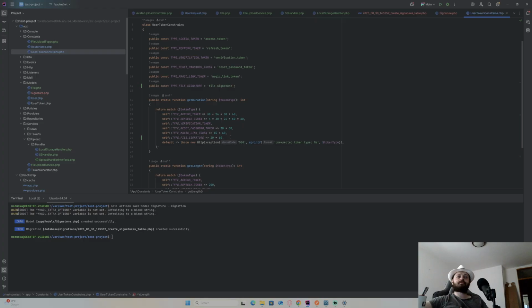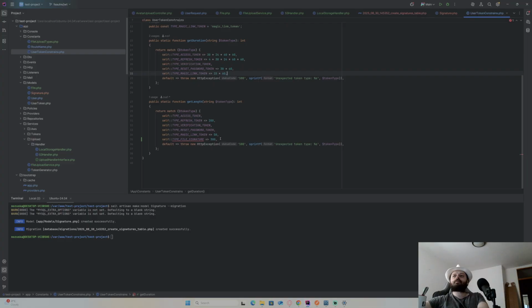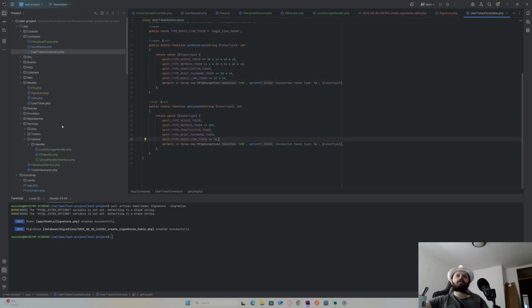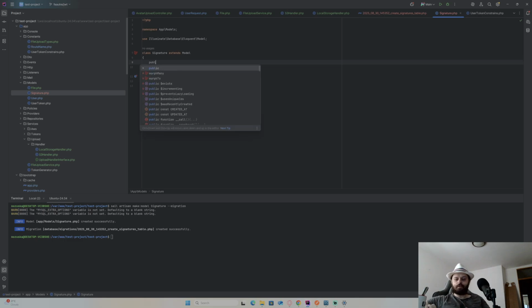No, actually, I'm just thinking again. No, I won't keep it here. I'm just gonna remove these ones, and I remove this one, and I'm going to make file signature itself a model, and I'm gonna put constants here. So public const